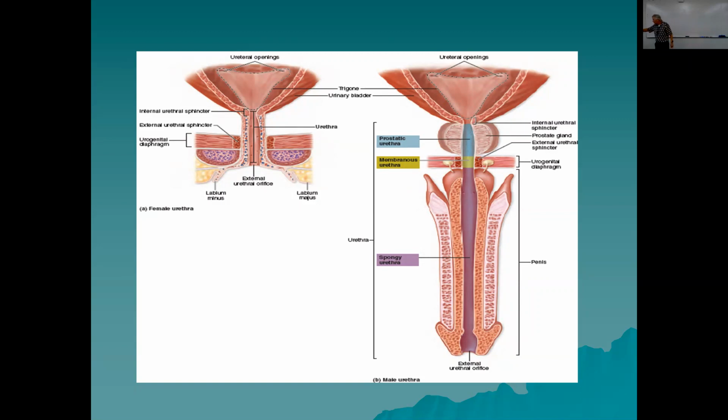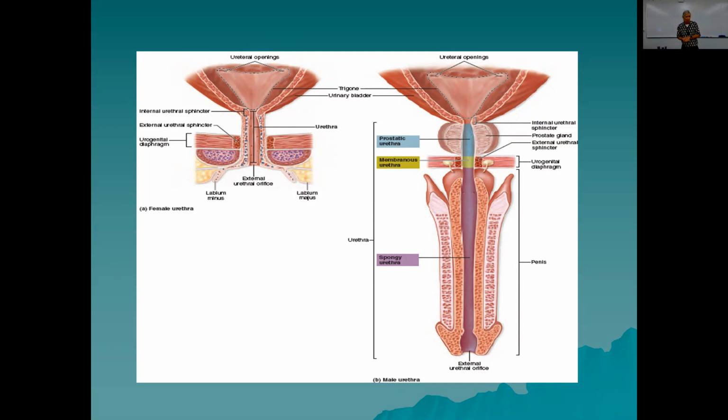Then there's something called the urogenital diaphragm, where a very short area is called the membranous urethra. And then when the urethra enters the penis, it becomes what's called the spongy urethra, because it goes right through the corpus spongiosum, some of the erectile tissue in the penis. It goes right through the middle of that, and it ends up going through the glans penis, which is the expanded part of the corpus spongiosum at the end of the penis. Because remember, the male penis does double duty, right?